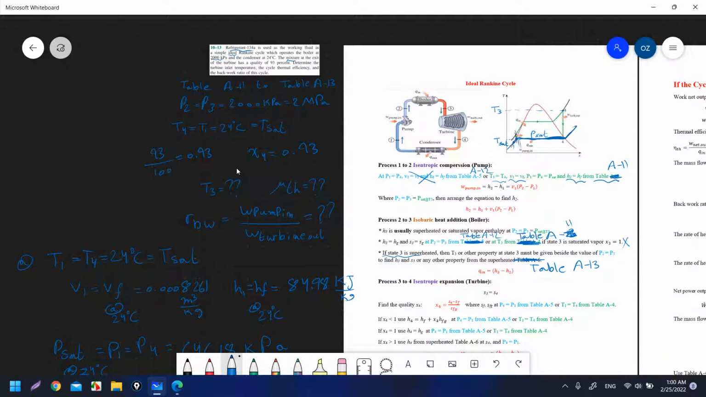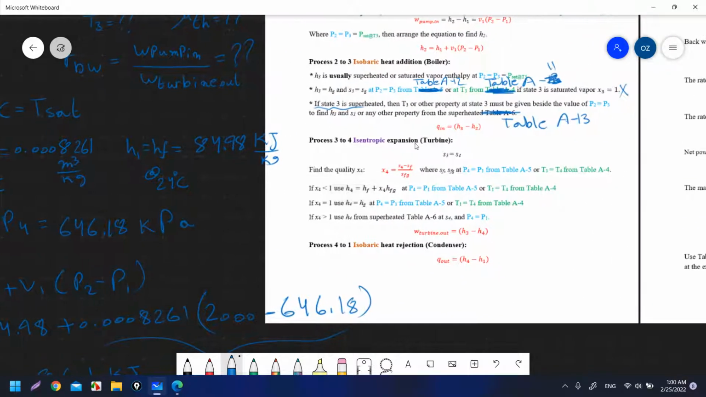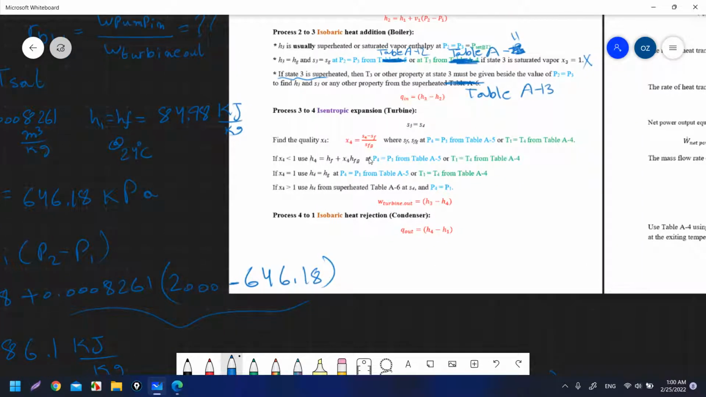And I cannot compare, and I cannot know what the state is, whether it's superheated, mixture, saturated vapor, or what. So if you don't know, go and find state 4, H4. So we'll ignore state 3 and go to state 4 and find H4, because